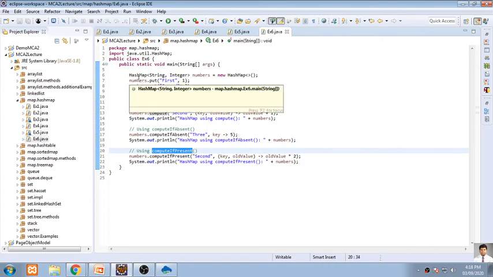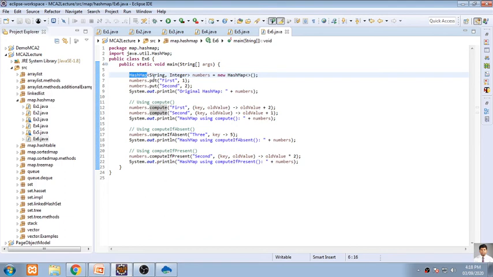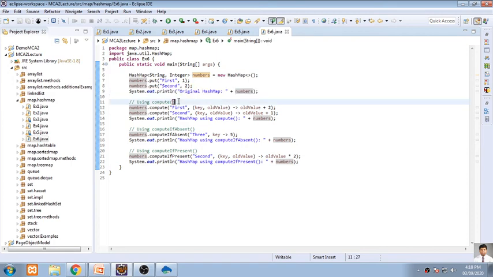Now see what we are doing here, I am creating something different. Here is a hash map, and the key is now a String. The first is the name of a key, the second is the name of a key, and the value is an integer, 1, 2. So I am using a different formula for adding elements into this hash map. Key one first, second, and the values are 1 and 2. The name of the object is number, and I am displaying this number. Now I am using the keyword called compute.